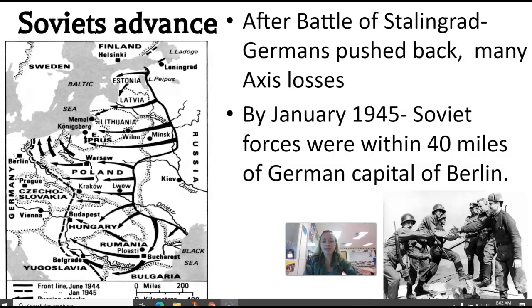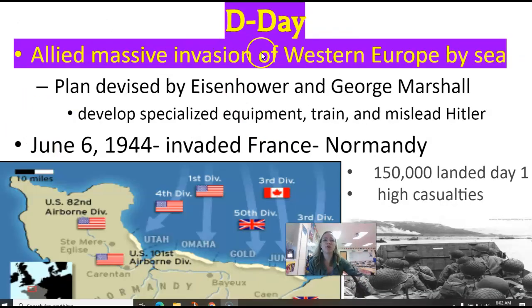So the United States and Great Britain and French forces, and all of the British Commonwealth are going to plan the invasion of Western Europe by sea. This is called D-Day. The plan is devised by Dwight Eisenhower, later one of our presidents, and George Marshall. It develops specialized equipment. They actually train and try to mislead Hitler by dropping really cool things like inflatable tanks,